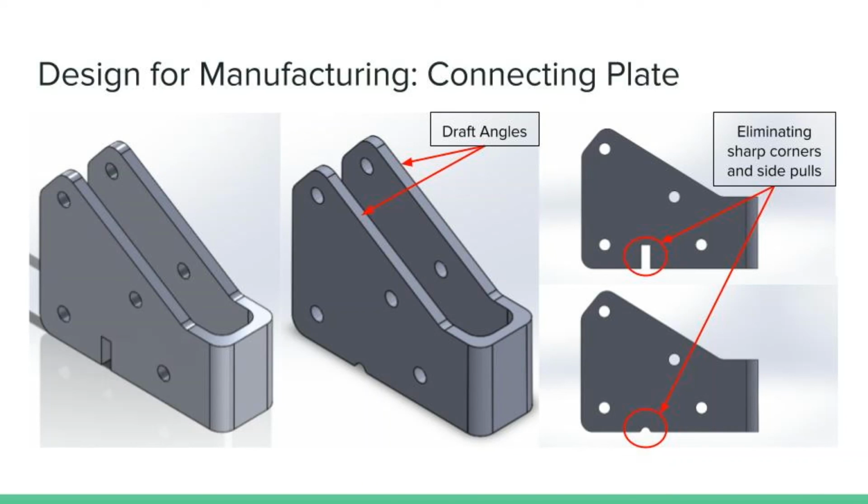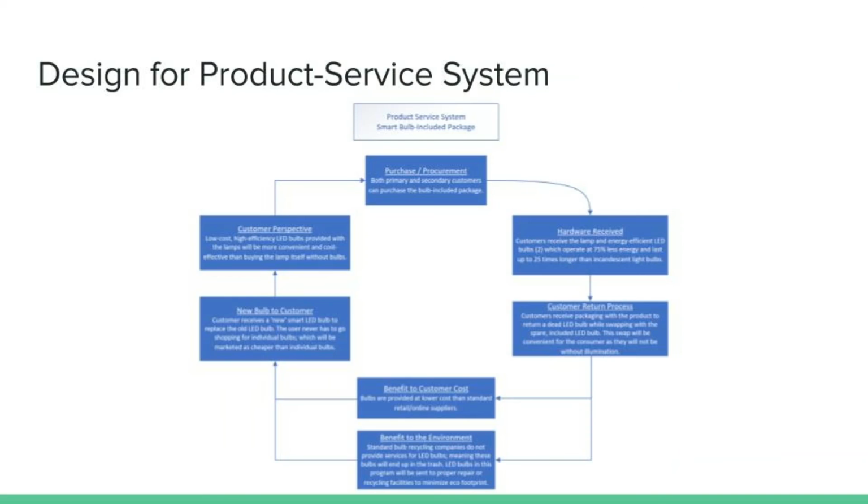Here we see an isometric view of the original part on the left and the redesigned part next to it with the added draft angles. The front view of both designs helps illustrate the side pulls and sharp corners that were cut out in the redesign. The product service system for the desk lamp will be a smart bulb included package where the customers receive